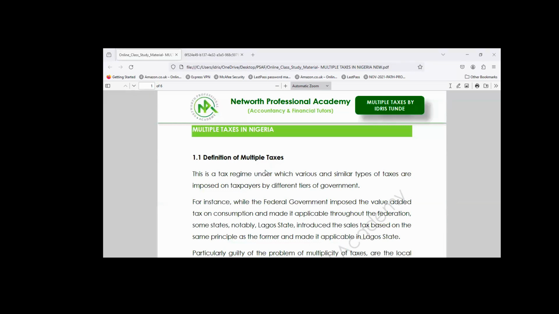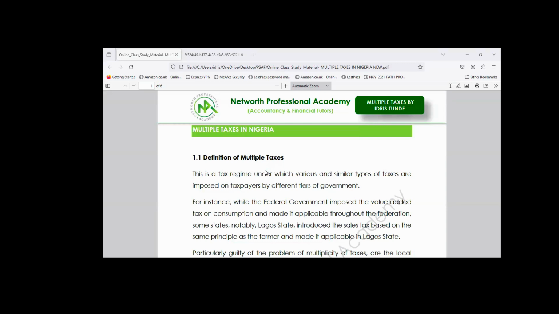Let me repeat again. Multiple tax is a tax regime under which various and similar types of taxes are imposed on a taxpayer by different tiers of government. What we mean by that is different tiers of government, federal government, state government, and local government, are collecting tax on a particular income, on a single income